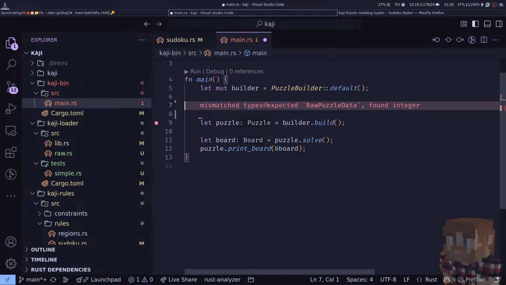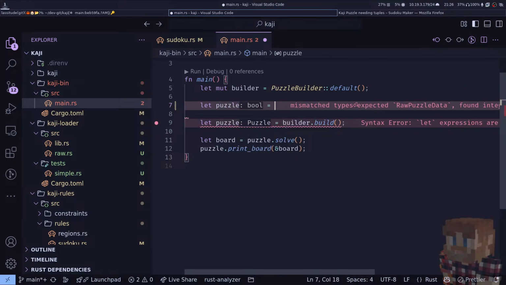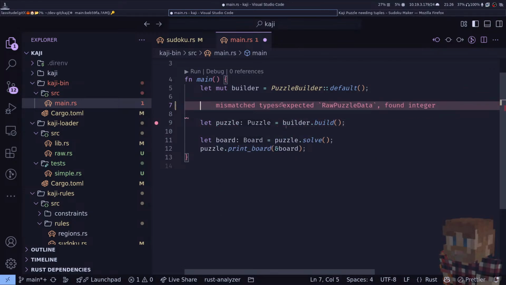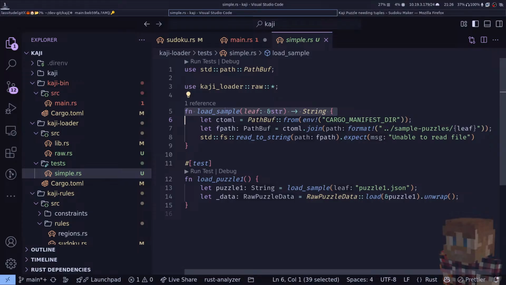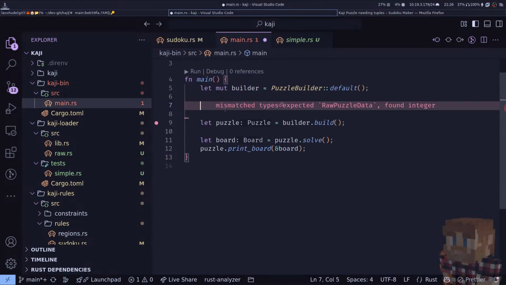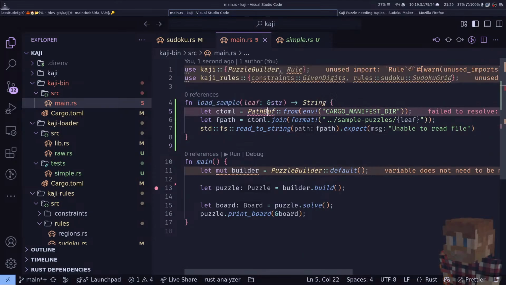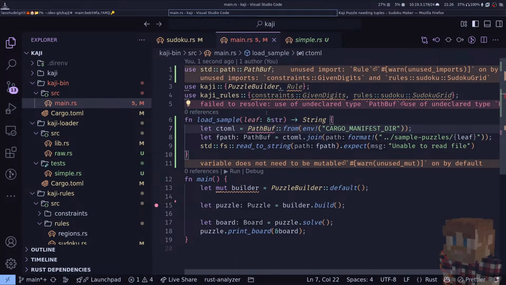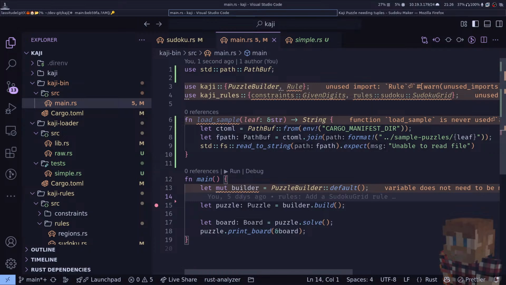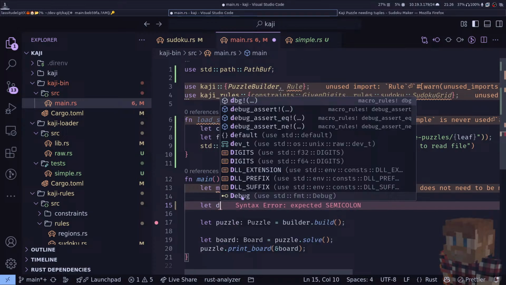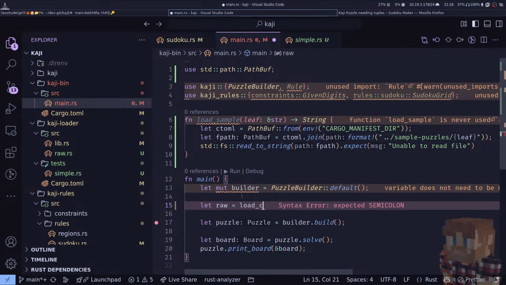So that we can say, oh, is it time to add a command line? No, for now we're just going to load sample puzzle 1 and we'll go from there. So let's actually steal load sample from here because we are simple people. And that's going to complain that PathBuf isn't available, which we can just import. And now we're going to go let raw equal load sample